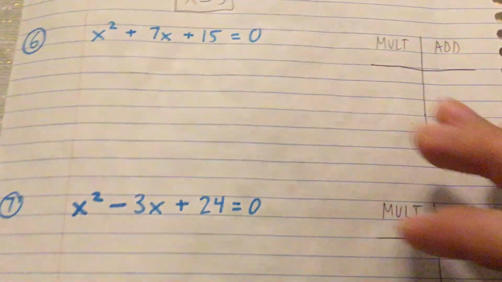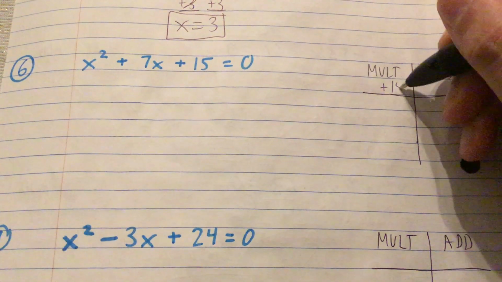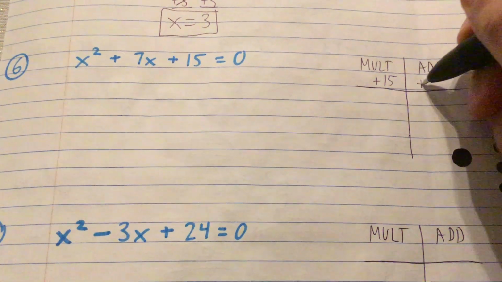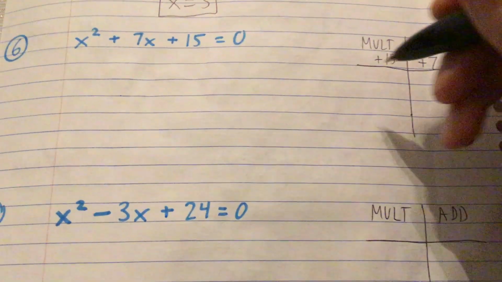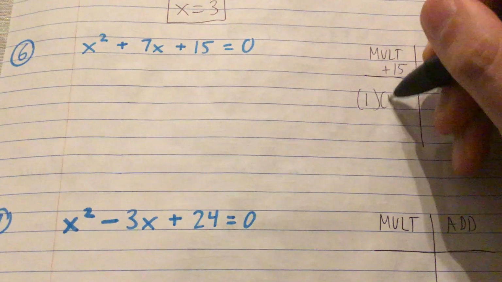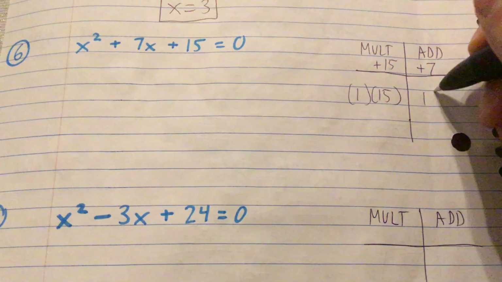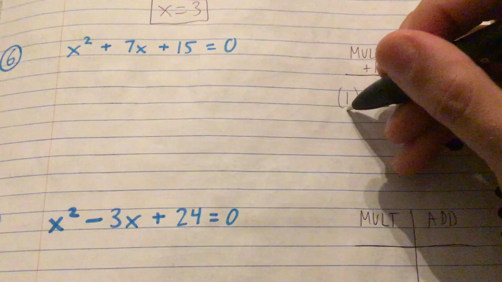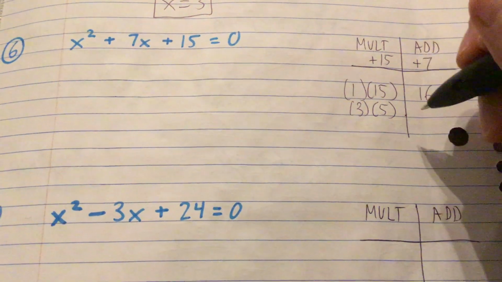All right, number 6 and number 7. All right, let's take a look at number 6. What two numbers multiply to positive 15 and add to positive 7? Okay, it has to be a positive-positive combination. Okay. All right, let's try 1 times 15. 1 plus 15 is 16. Okay, that fails. 3 and 5. 3 times 5 is 15. 3 plus 5 is,